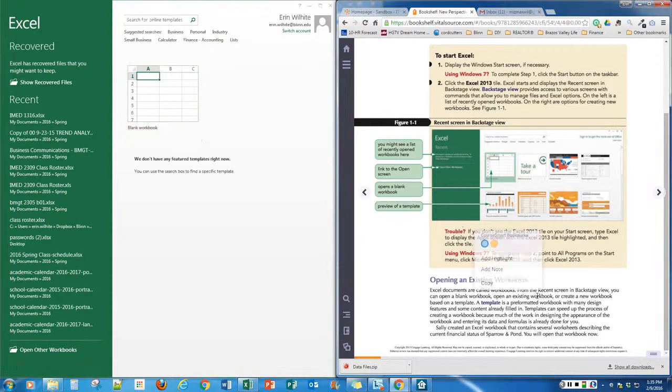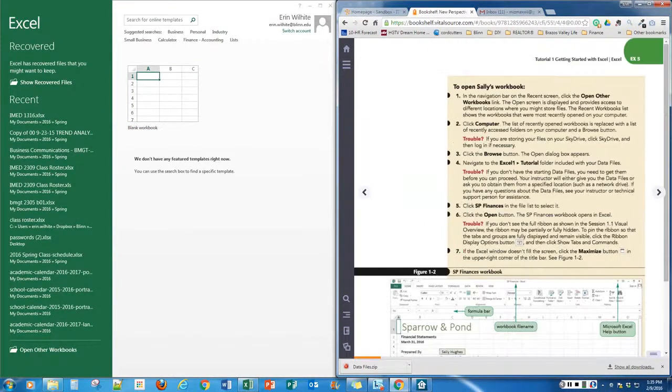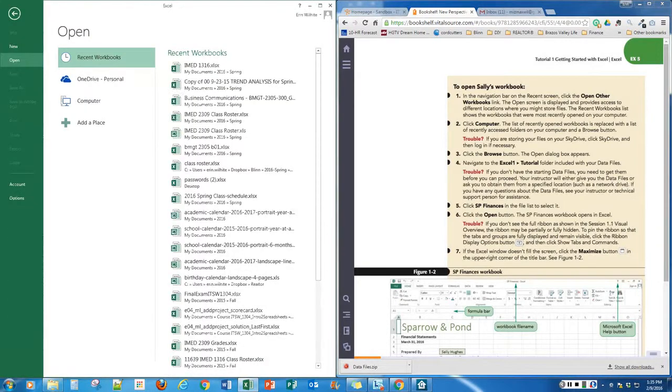So it says to open an existing workbook, and then we read on. And we're going to go down here at the bottom, open other workbooks. And then we see the open screen, and we see the recent workbooks. I haven't worked in this class yet, but after I have, then this will come up at the top. Right now it's other things that I've been working on. So because it's not here since I haven't done it yet, I'm going to click Computer,